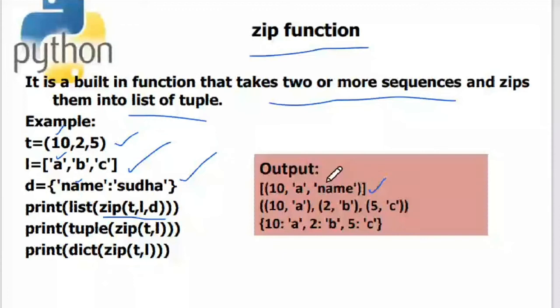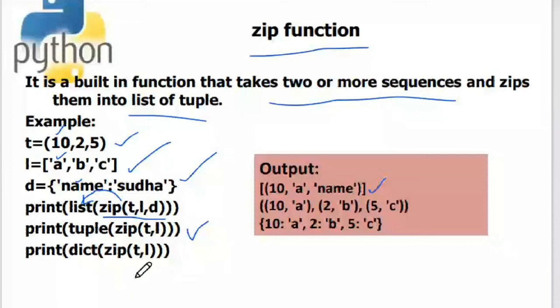So I just have converted it into a list. In the second case, I just have combined tuple and list. So there are three elements. All the three, based on their positions, are matched. So the first element will be 10A, the second element will be 2B, and the third element will be 5 and 6. And again I converted it into a tuple. So this explicit conversion, you can do it. I just wanted to show all of this in a single program.